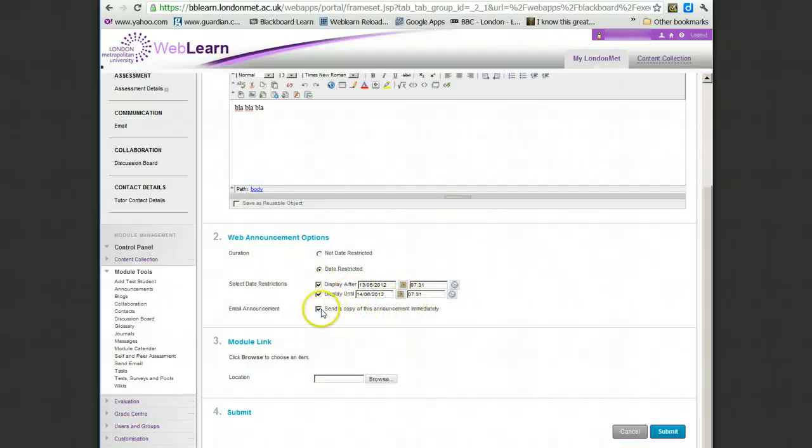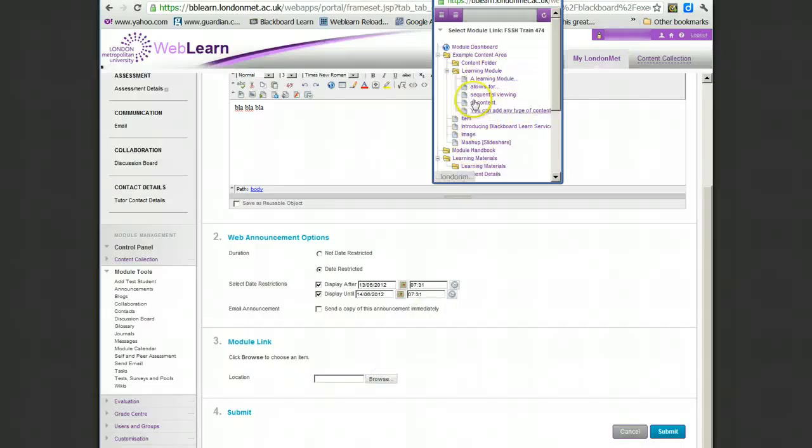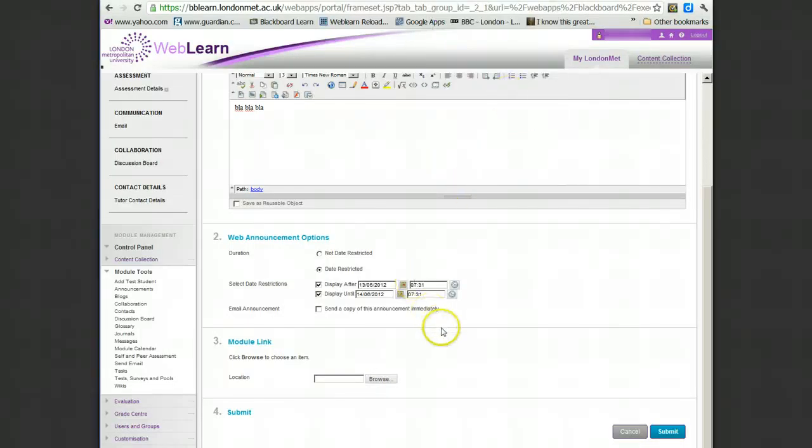You can also choose to send a copy as an email to your students immediately, which is quite useful. The other thing is you can place a direct link to a part of your module, so it could be a content folder, a learning module, something like that, by browsing, and you see it gives you these options to select what you want to link to. So that's quite useful. So if we just submit this announcement,